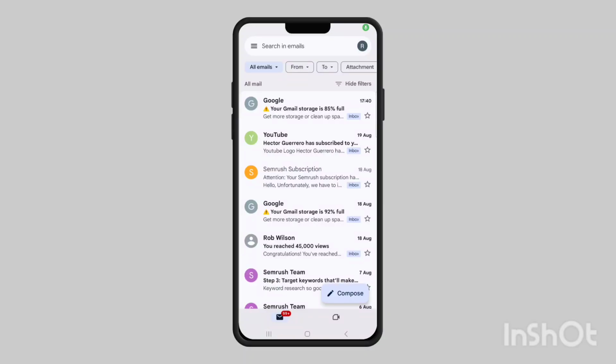In this video, I'll show you how to change your Gmail password on mobile. This will work regardless if you have an iPhone or an Android. So in the top left, press on these three horizontal lines,